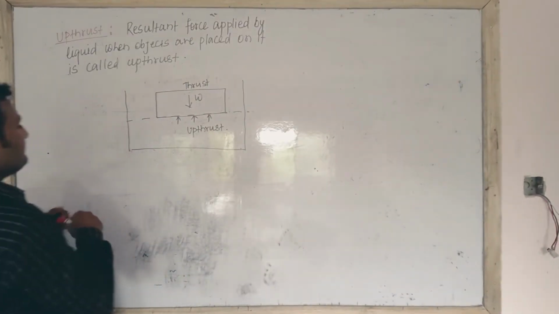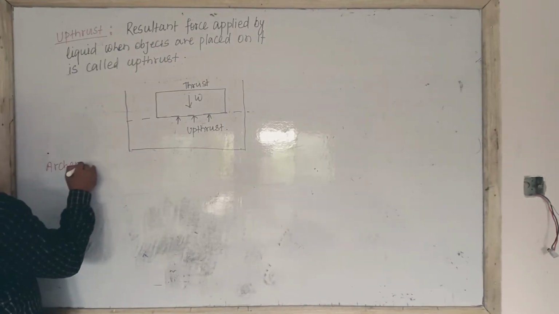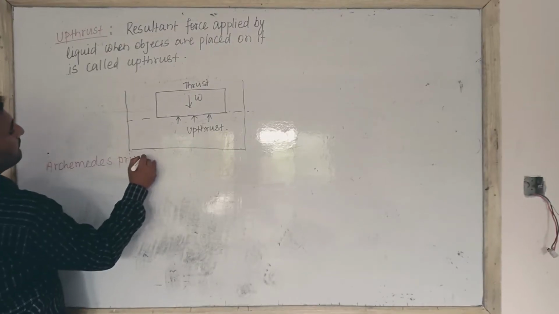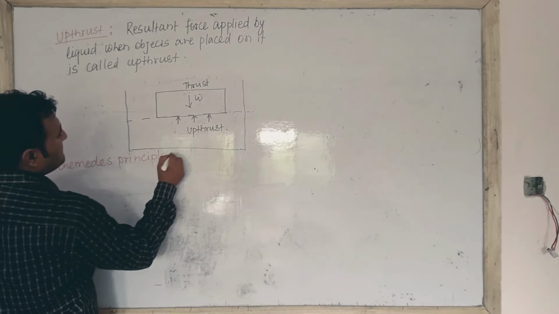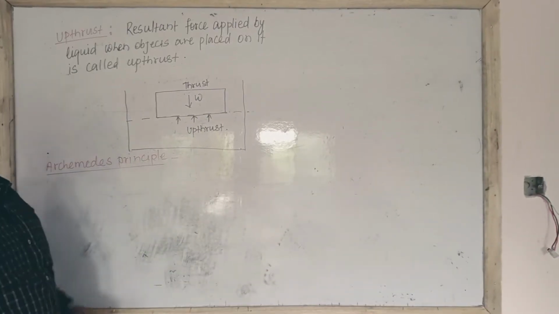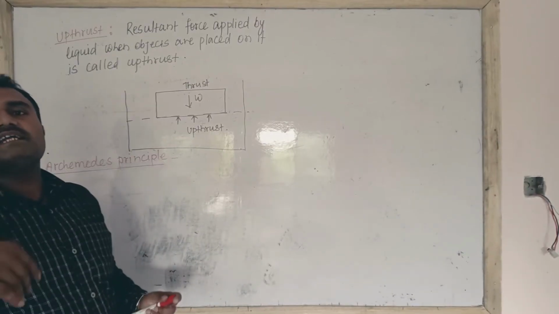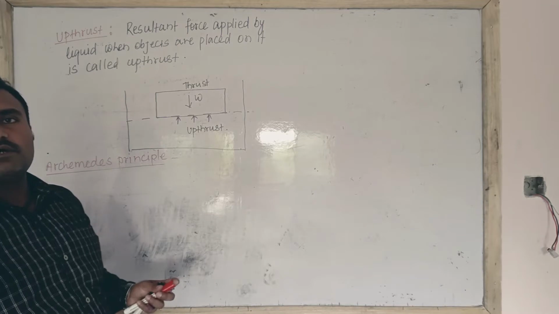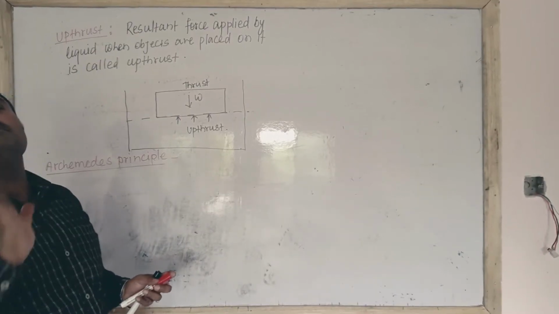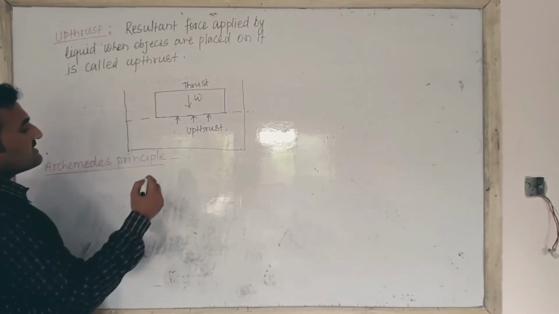And here we write Archimedes principle. Archimedes principle explains how much upthrust is acted by a liquid on an object when it is completely or partially immersed in it, and which states that